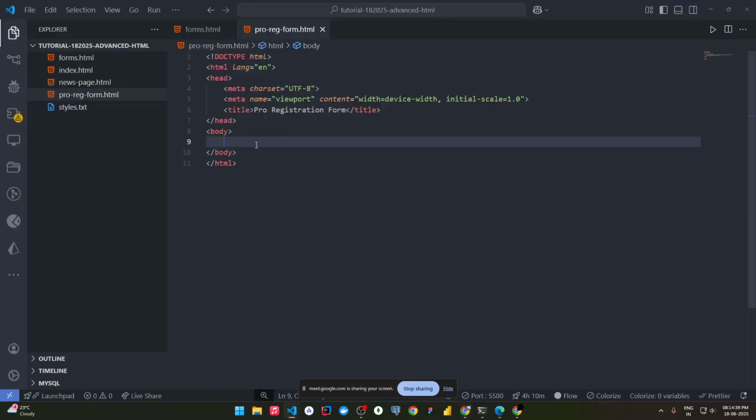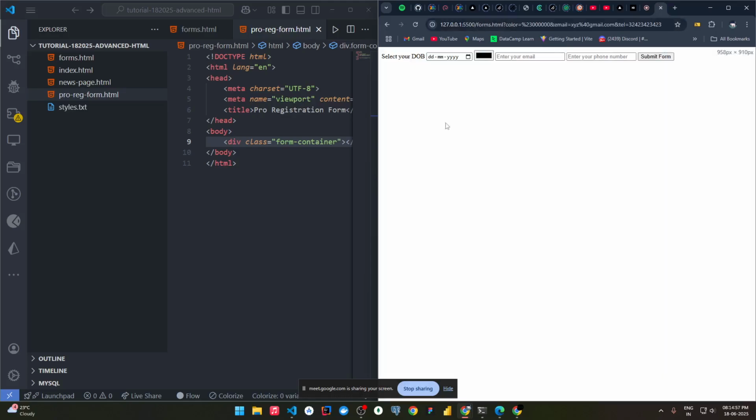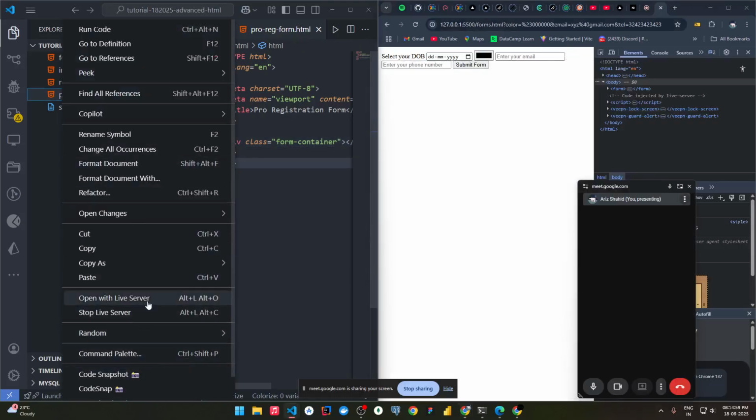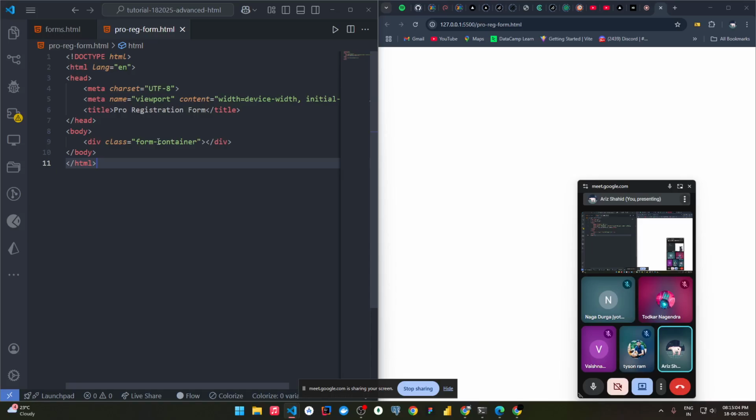So let's build the form. First of all, there will be a main div which will be the form container, div.form-container. I should open it side by side. First will be the form container, next will be the form header, div.form-header,